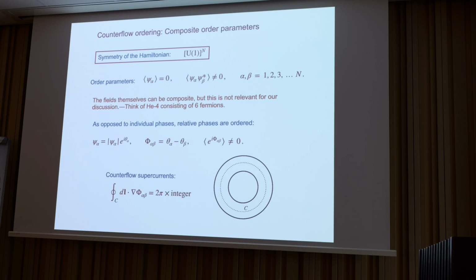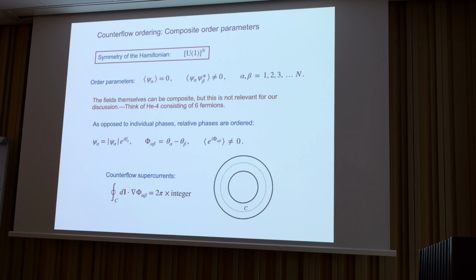So the idea of counterflow ordering is the following. The expectation values of operators of fields are 0 for this or that reason, be it vestigial or Mottness. But the following guys are different from 0. And since those guys feature the phase, we can think of topologically non-trivial situations when, for example, we have either a vortex or just a doubly connected region, and this relative phase, so now the individual phase is ill-defined, but the relative phase is well-defined, and we can do a phase twist, just the standard topological classification for the states.